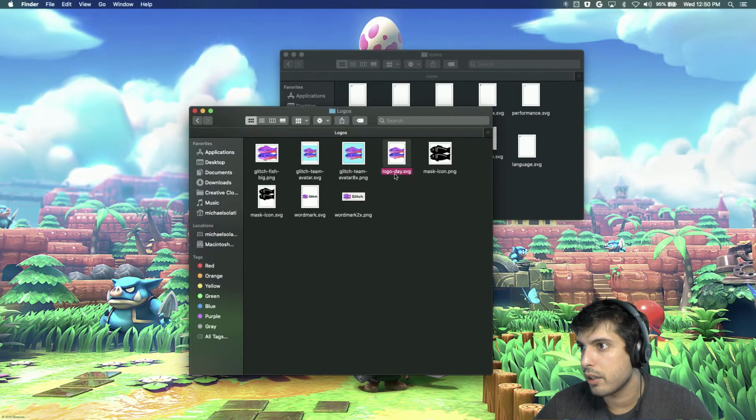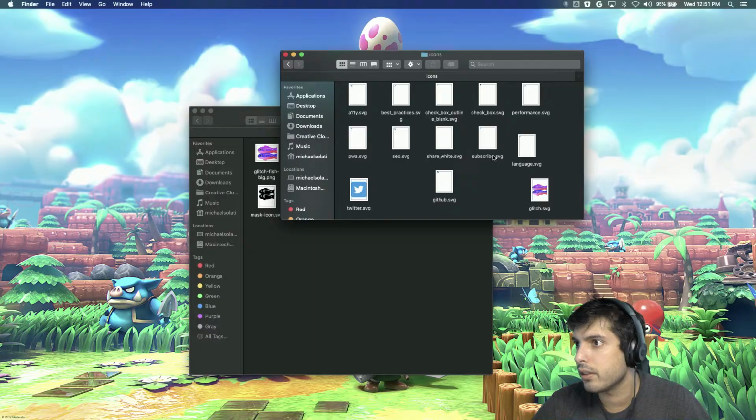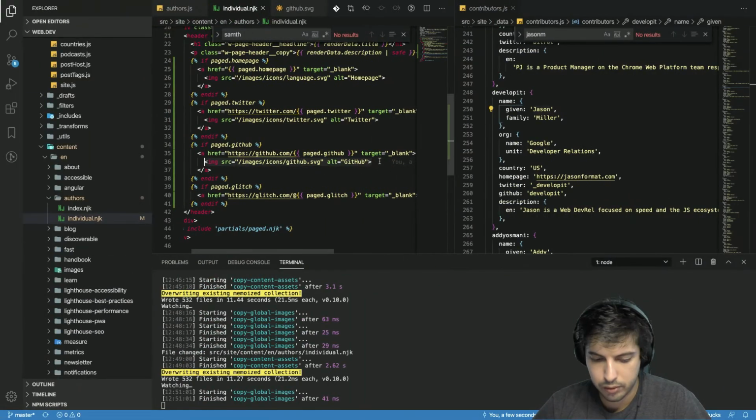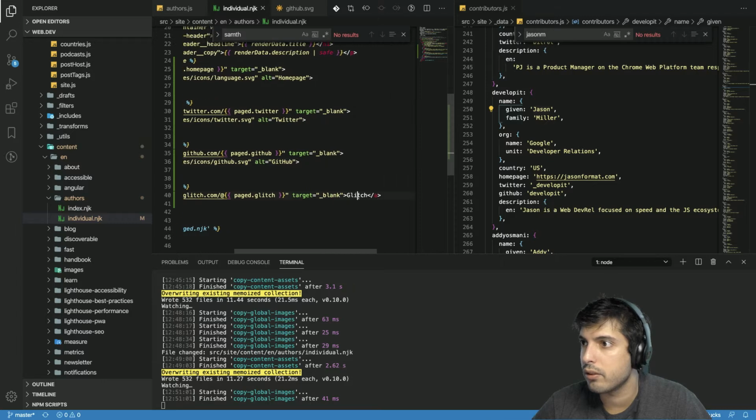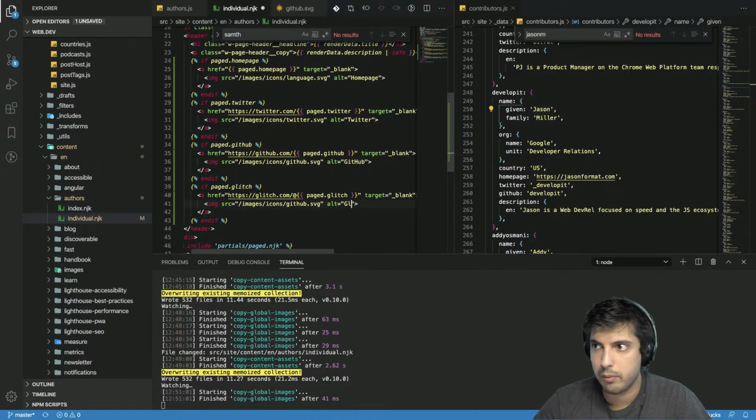So I'm going to rename this to glitch. Copy that into the icons that we have here. And now we have the same thing for glitch. We have the GitHub, we have the Twitter. And we can rename this glitch,